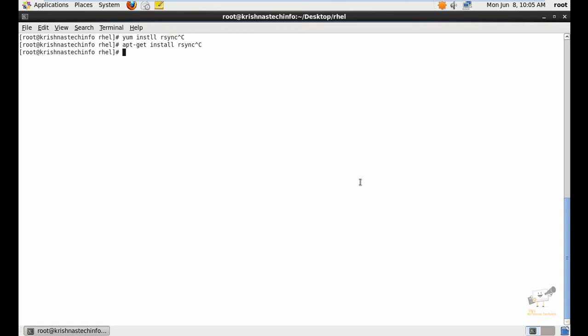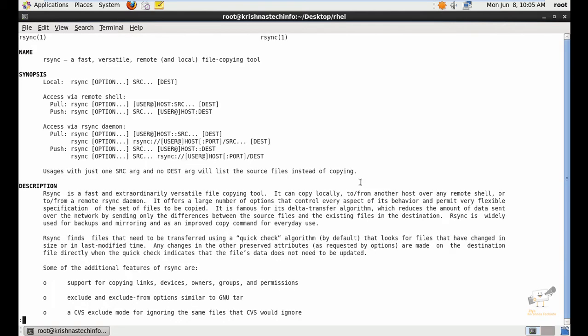So next we can see some options that are available in rsync. We can use the manual command to check the options that are available. Now give man rsync. Now we can see the options that are available. You can see the syntax for rsync, and you need to provide the options. And if you are going to transfer to a remote machine, you can give the username of that remote machine and specify the host IP address, then the source and the destination to which you are going to copy it. You can use both the pull and push method, so we can see all those examples later.